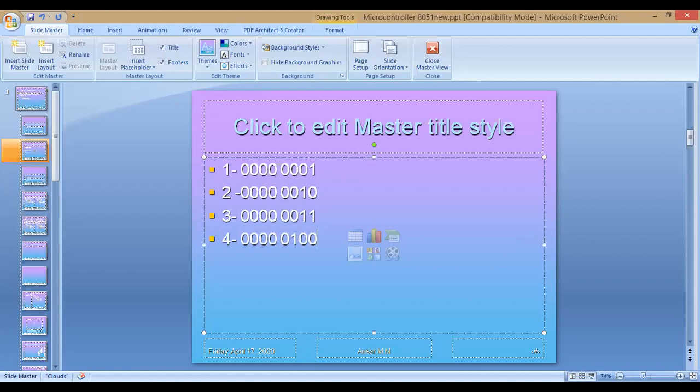4 is 0100, then 5 is 0101, then 6 is 0110, then 7 is 0111, then 8 is 1000, then